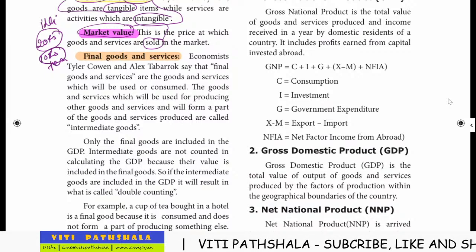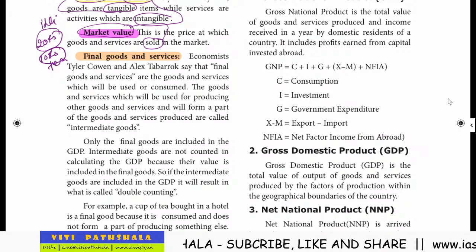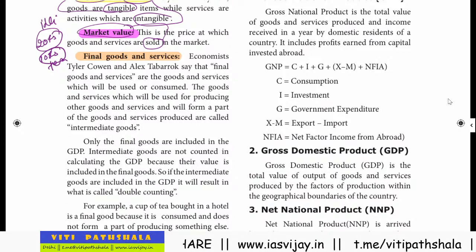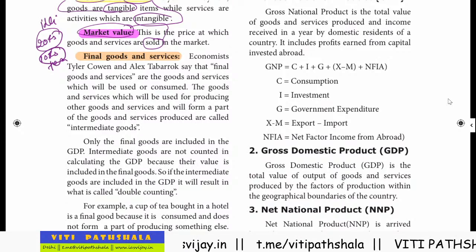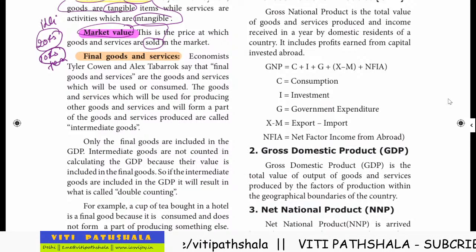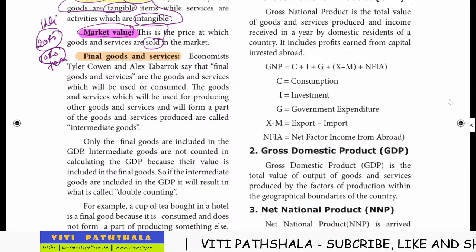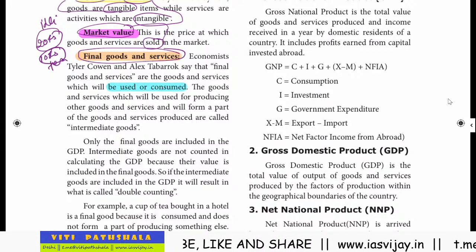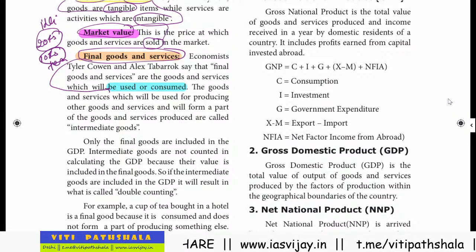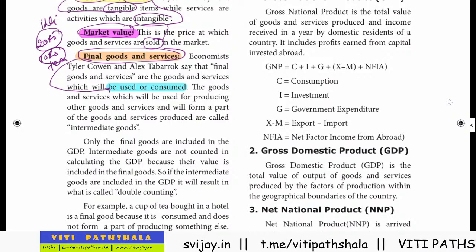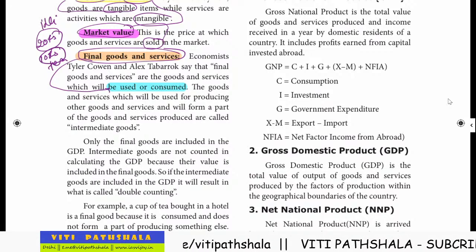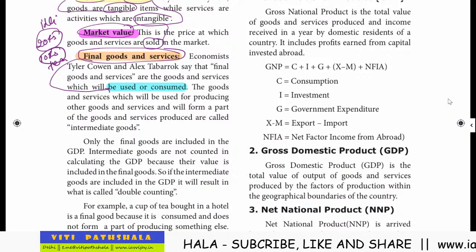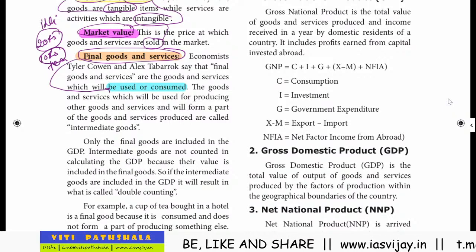Now, economists Tyler Cowen and Alex Tabarrok say that final goods and services are the goods and services which will be used or consumed. So here the keyword is that they will be used or consumed. The goods and services which will be used for producing other goods and services, which form part of the goods and services produced, are called